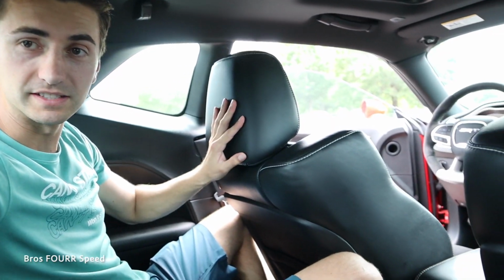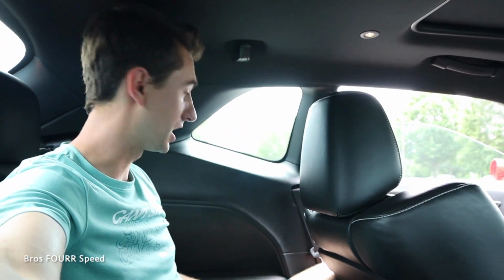This is a pretty roomy 2-doored car. Not many cars are bigger than this. So with the seat even set at my height, I can still sit back here really comfortably. It's nice how this is pretty practical. You got a good armrest, decent sized rear window. It's not too claustrophobic back here, and I can even grab this handle, lift it up, and get out of